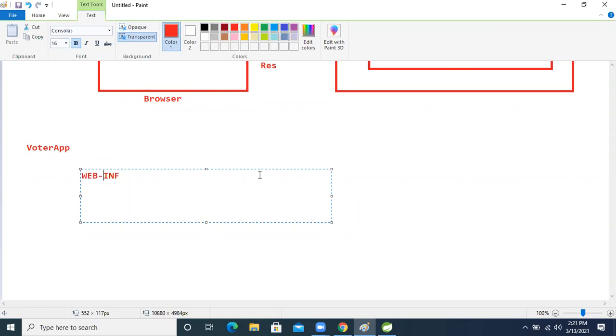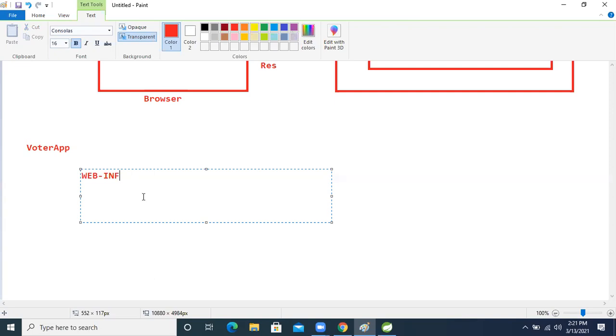Otherwise I can directly jump into Spring MVC, I can start today. But after completing this one, I will start Spring MVC, because based on this application I will explain what Spring MVC is. So please listen carefully.